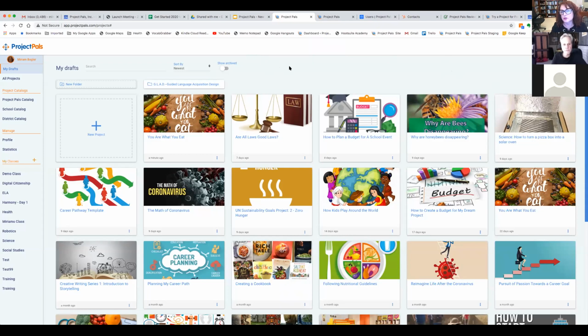So the first thing that I usually like to do in trainings is to have you import your Google Classrooms. And so first of all, I want you to look at the interface here. We are in the My Drafts area. My Drafts area is the area where teachers are authoring their projects. And so what you see here, these are all project styles that were done by me. But usually when you log in, you only have this plus button unless you have already done a few project cloning. But if you did not, then to create a new project, we have 3 ways of creating